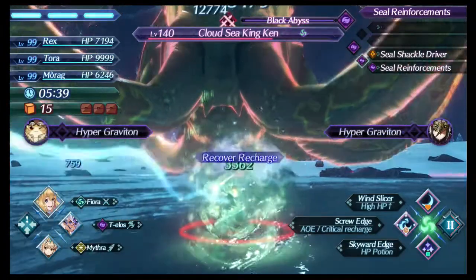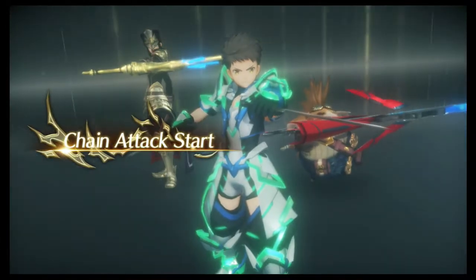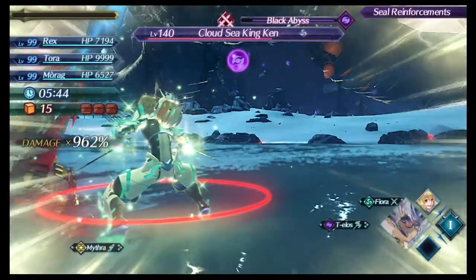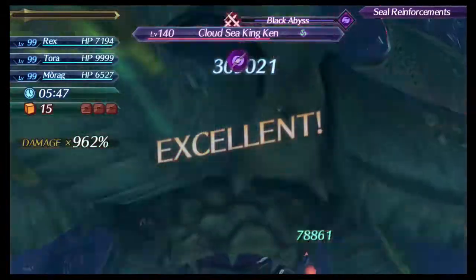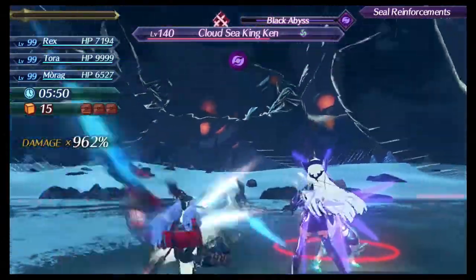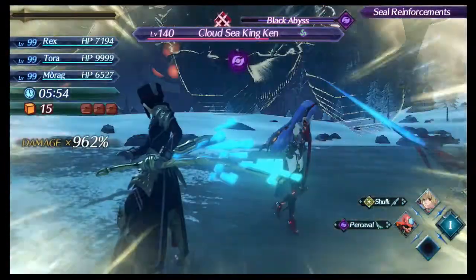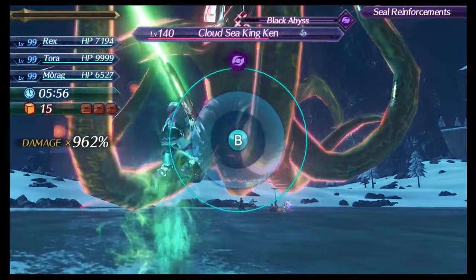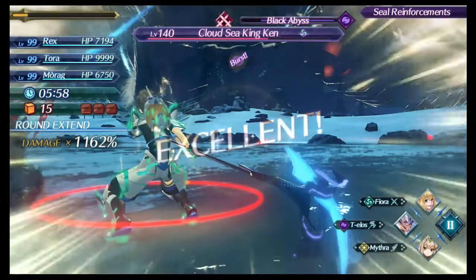I would say the breath from Cloud King Ken is more painful because it takes away your party gauge completely. But the other one is the harpoon attack that he does too. If he's pointing at Rex, he can kill you in one shot. So you have to be careful too, right? If you come out of a chain attack and he's ready to do the harpoon attack, you better pray